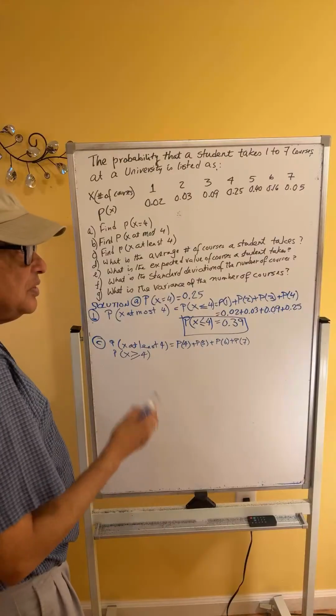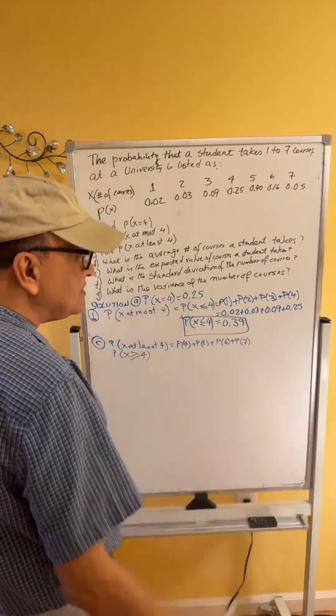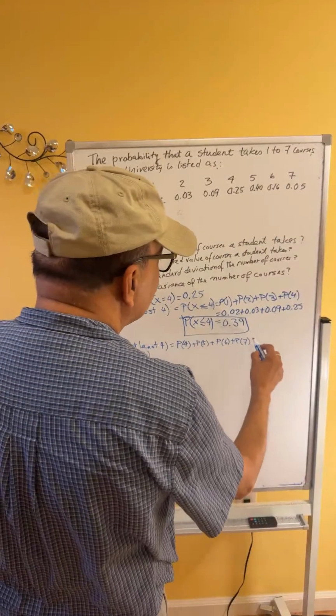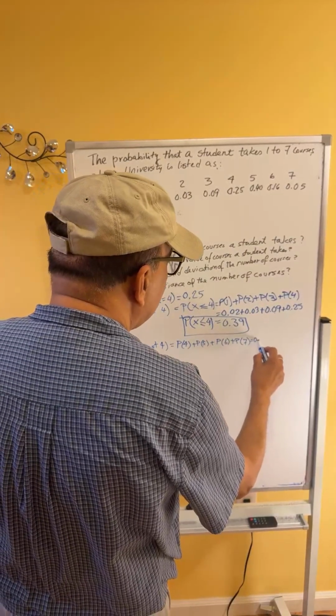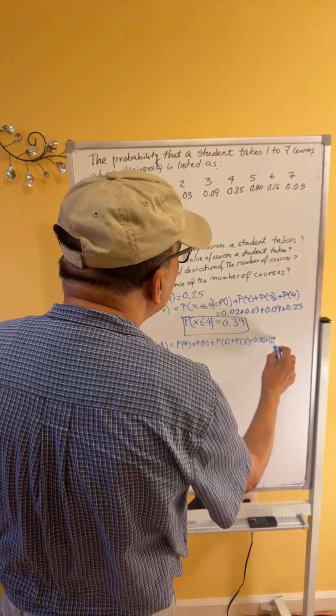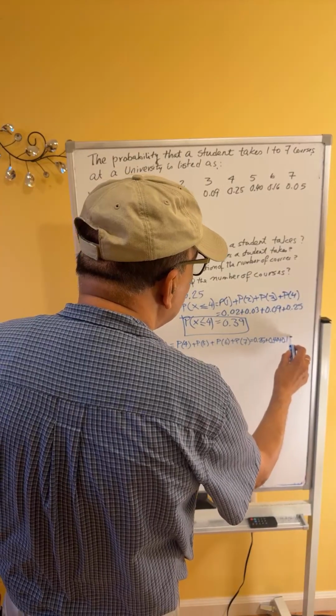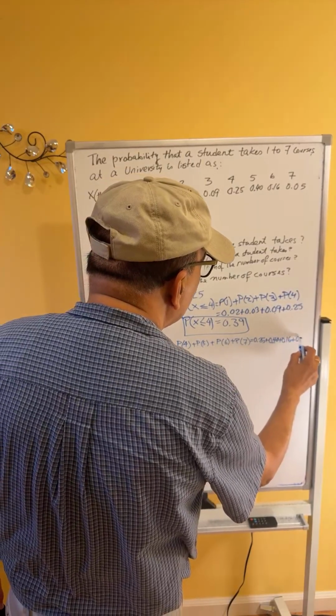Greater than or equal to 4 means we start from 4 up to the maximum number, 4 plus 5 plus 6 plus 7. So this is 0.25 plus 0.40 plus 0.16 plus 0.05,